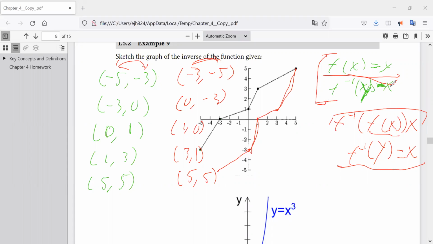Does that make sense? Okay, that does make sense. Okay. The output is the input, but then the input is the, okay. Yeah. Cool. So